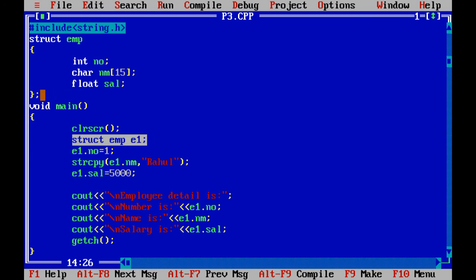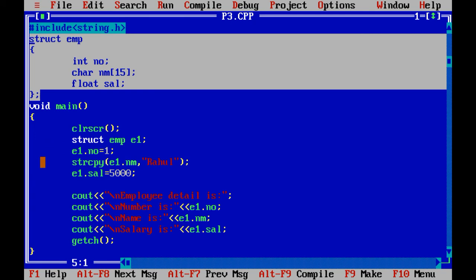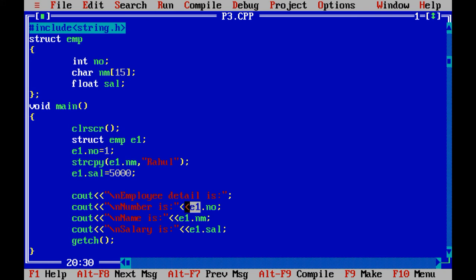In our second program, we have passed the data with the structure definition only. So here e1 equals to 1, Rahul and salary would be passed. In that program, I have also shown the example that suppose I want to store the values of a second record, right? At that time you can also do it with a comma. But when you access that data, at that time you need to apply e2.number, e2.name, and e2.salary. In our third program, this is the third program.